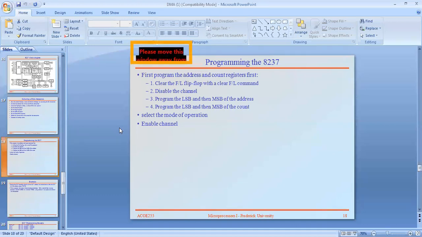To start, first clear the flip flop, disable the channel, program the LSB and then the MSB, and similarly program the LSB and MSB for the word count or byte count, whatever it may be. Finally, select the mode of operation and enable the channel. The same is mentioned here as a sequence.